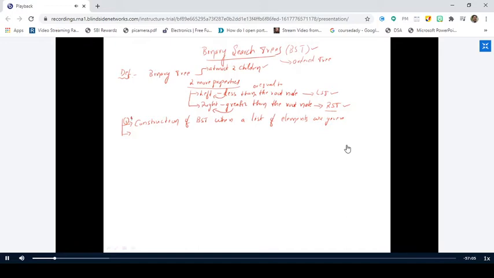You might get a question from this topic only. And the second one is how we are going to perform the insertion operation. And the third one is how we are going to perform the deletion operation. And finally, we'll see how we are going to perform a find operation. In other words, we can also say the search operation.